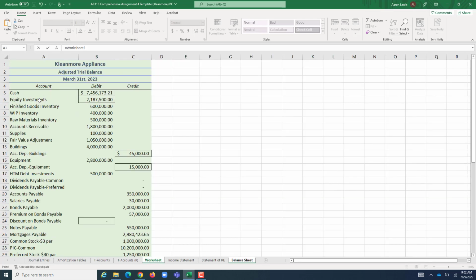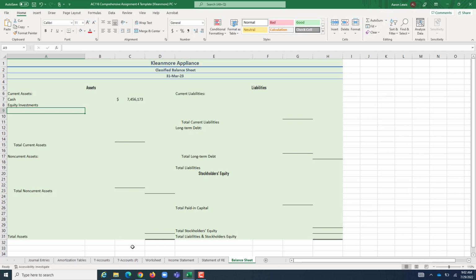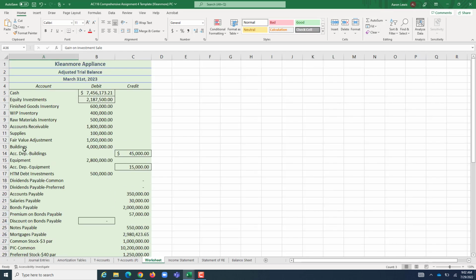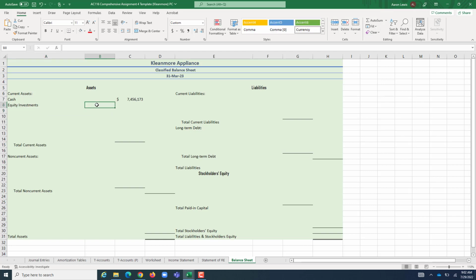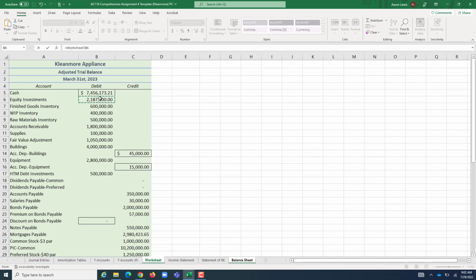We have equity investments listed over here. Let's bring that on over. Equity investments, back to our worksheet, does have an account tied to it, that fair value adjustment. So when we place that number onto our balance sheet, we should put it in the left-hand column. What we are saying here, after I grab this number, is that our equity investments are being carried at a cost basis of